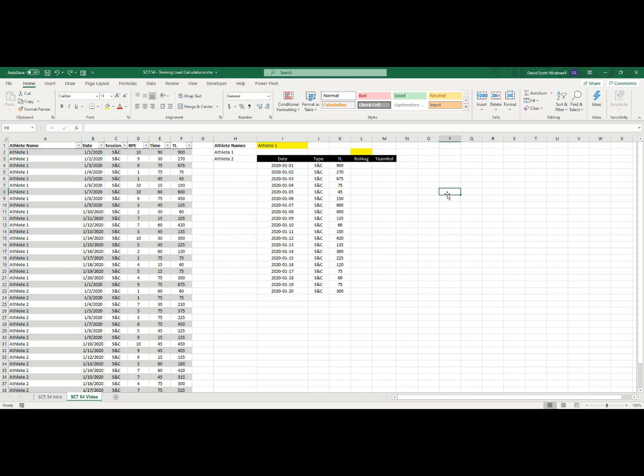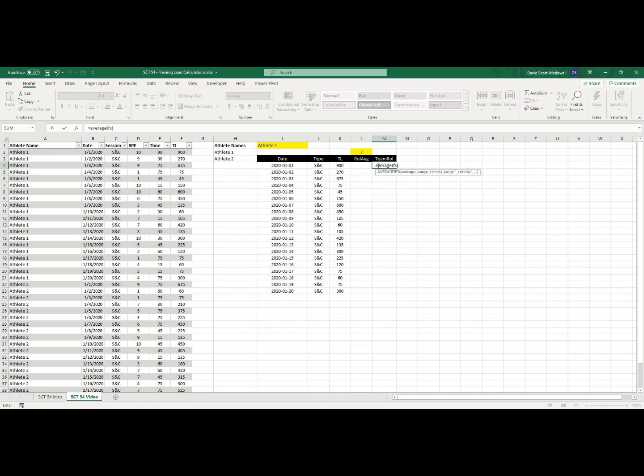So that works. Now what we're going to have to put is an actual rolling average function. This is where we type in our rolling average. I'm going to put the number 7 in there because I'm going to be taking a 7-day rolling average. The function that we're going to use here is the AVERAGEIFS function. I'm going to do the team average one first because it has fewer dimensions than the athlete rolling average. So the team function is going to be equals AVERAGEIFS,